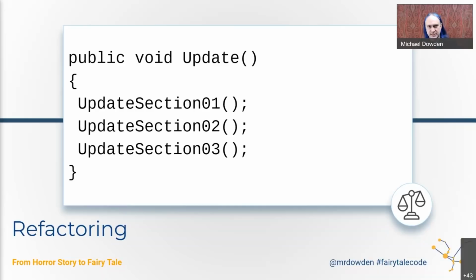But then somebody comes in here and they're like, well, I'm in a hurry, because we always are, right? I'm going to break this into 3 separate functions, just call them in order and move on with my life. And I haven't made anything easier to read. I haven't made anything easier to understand. I've actually added a whole new layer of misdirection to this function just to satisfy a rule. So I need to be really careful in avoiding a situation where we're encouraging bad refactors just to follow rules.